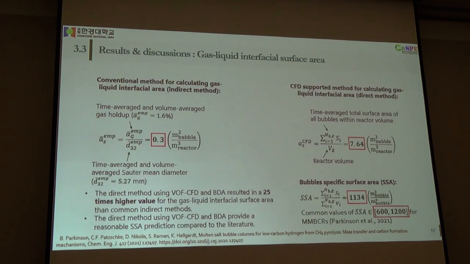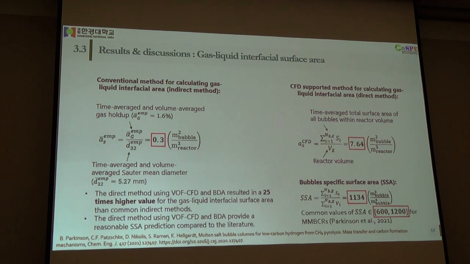The next is we calculate the gas liquid interfacial area. We compare the traditional method and the new method. In the traditional method, we calculate the volume fraction of the gas as the gas goes up. We calculate the Sauter mean diameter, and then we can calculate the gas liquid interfacial area of this reactor, just 0.3. But when we apply the both CFD model with the bubble detection algorithm, and then we calculate